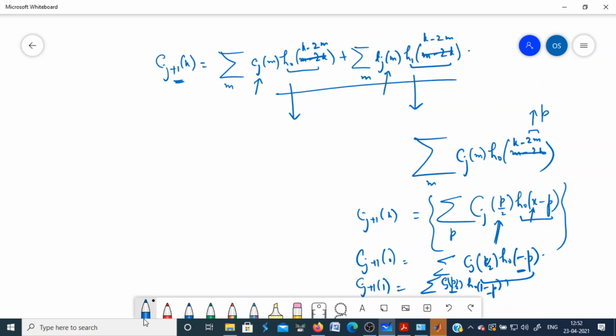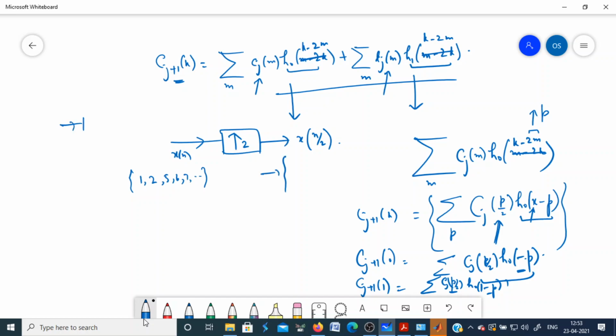Now this Cj of p by 2 sequence is called upsampling or interpolation. So if you have a sequence x of n, if you pass it through an upsampler or interpolator, the output is x of n by 2. It is basically increasing the sampling rate, or it will insert a new sample between every two samples. So if you have an input sequence, suppose 1, 2, 5, 6, 7 and so on, what will be the output of this? When you have a downsampler, it was